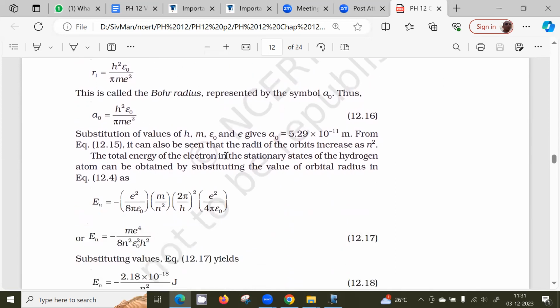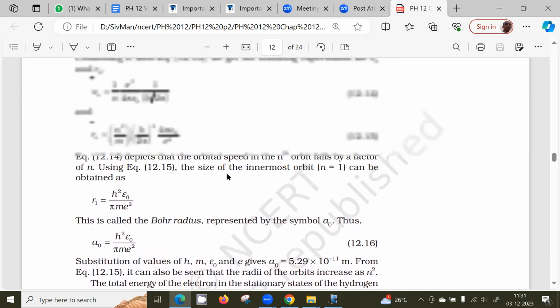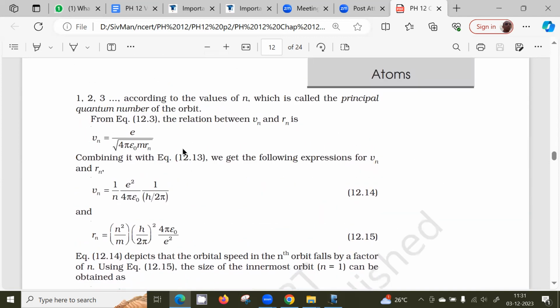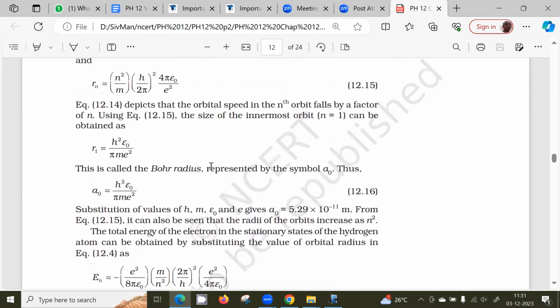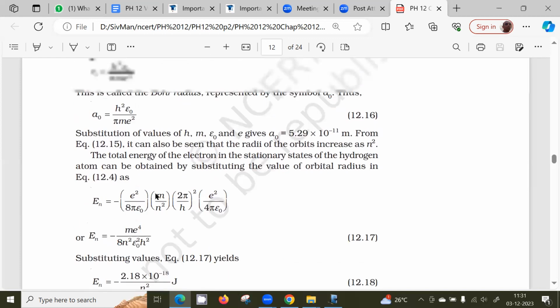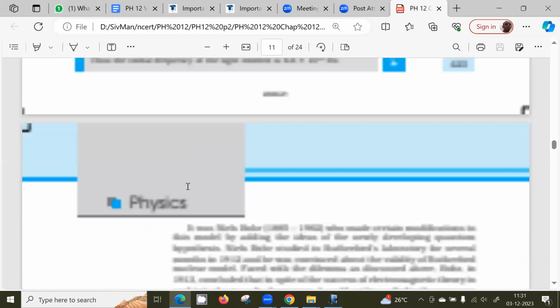Then the second one is the energy of the electron. You can also find v. This is also a simple derivation. The energy of the electron has only two forms. One is the kinetic energy, half mv square, because the electron is going in a circular path around the nucleus. Second is the potential energy between two charges, K into Q1 Q2 by r. Here one of the charges is negative, so we have a negative sign: minus e square divided by r. This is the total energy.